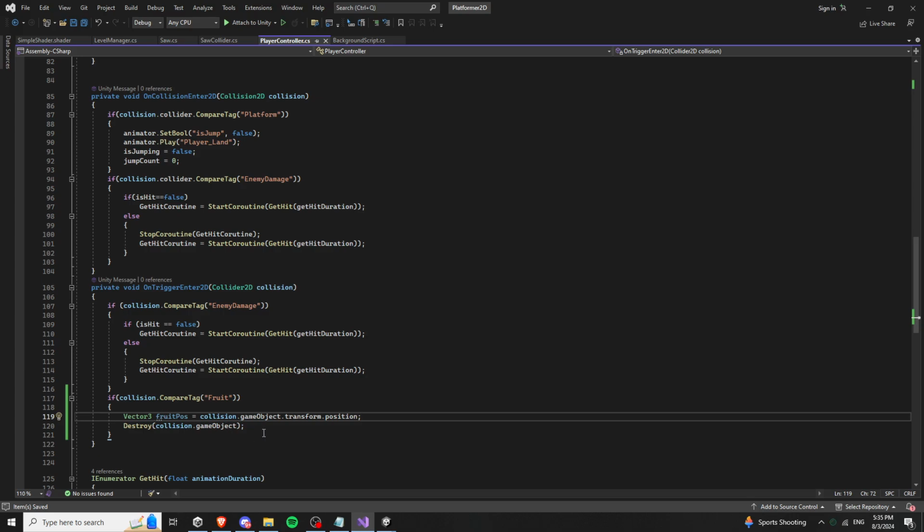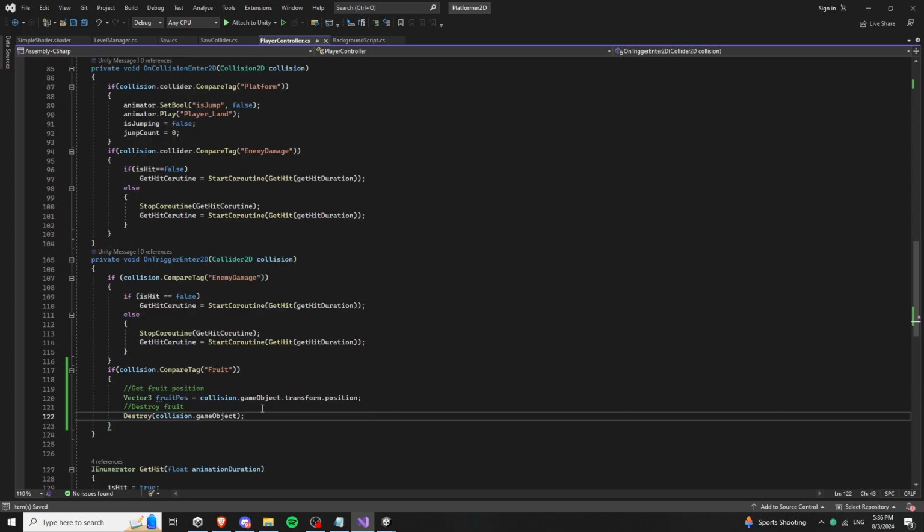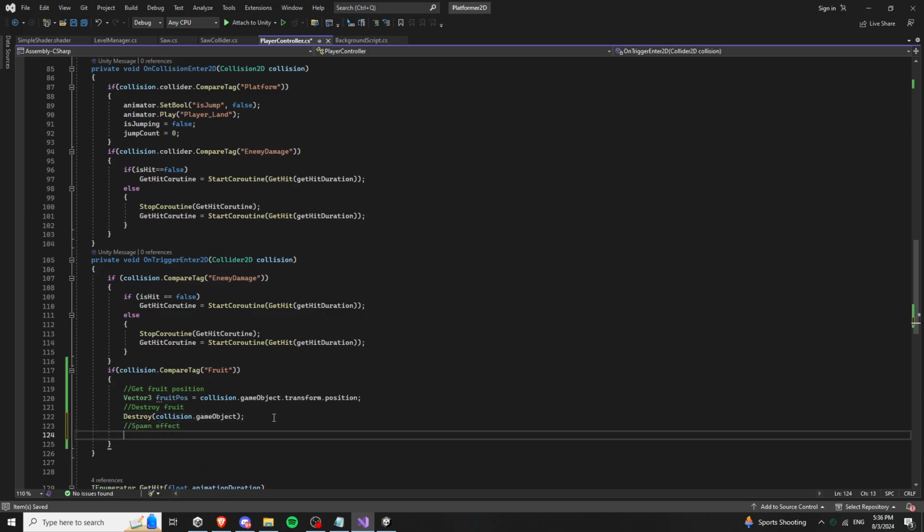Let me comment this for the future: get position. And then destroy fruit so that collision doesn't happen again. We destroy it immediately. Then spawn effect,